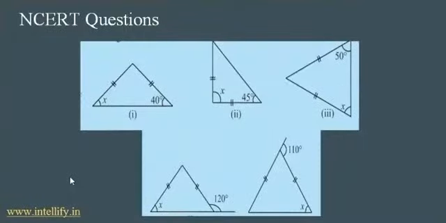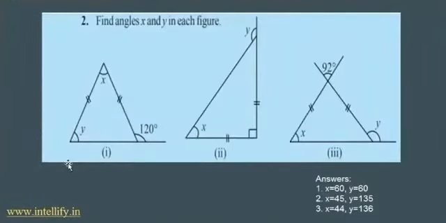Let us do some more questions. Here we have to find x and y both. So this is the same question as in the previous slide. So if this angle is 60, y will also be equal to 60. 60 and 60 makes 120, and using angle sum property we can find x. So x is equal to 60 degrees.